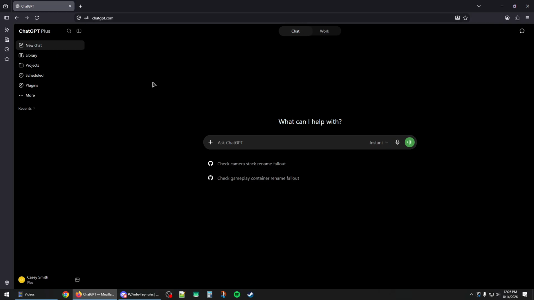And next thing I want to do is hold down Control, Shift, and R at the same time. And this will perform a hard refresh for the browser page for ChatGPT. And this should